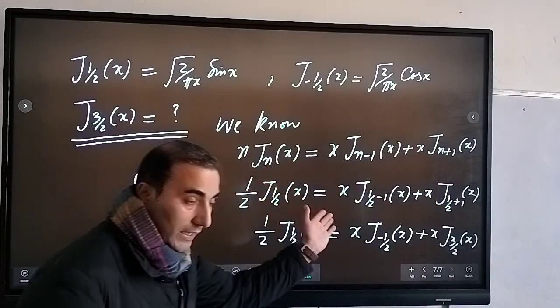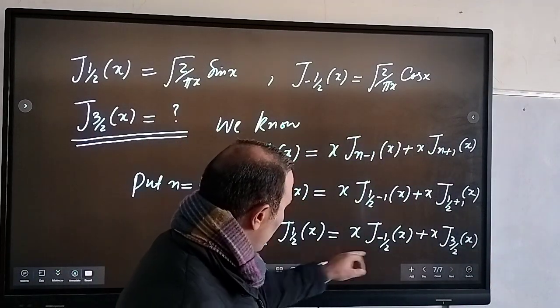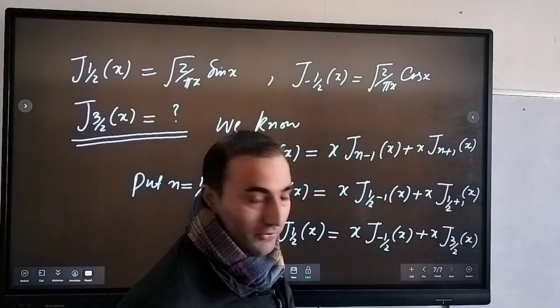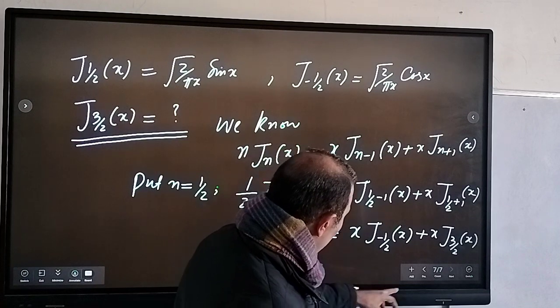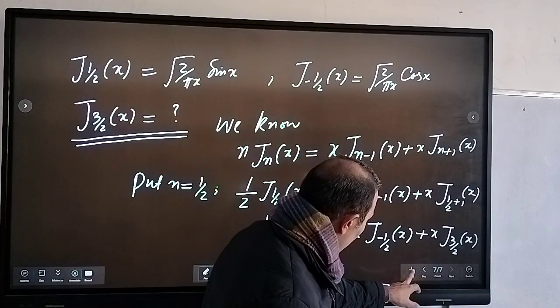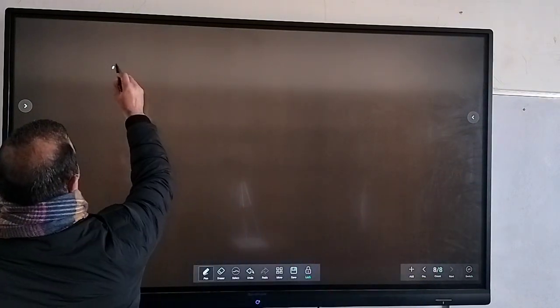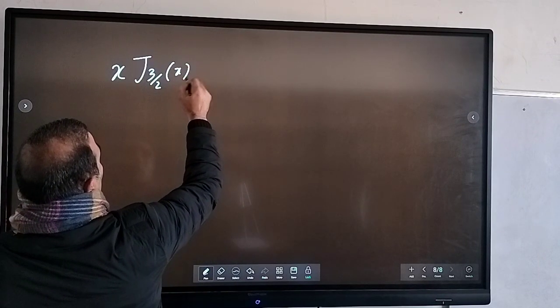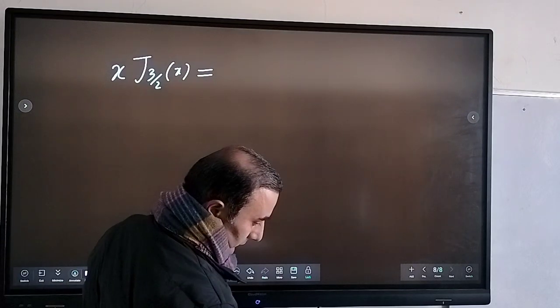Because putting n equal to 1 by 2, you get j 1 by 2, j minus 1 by 2, j 3 by 2, right? Because we know what is j 1 by 2 and j minus 1 by 2, right? So we can write what our j 3 by 2 is. So from here we can write that j 3 by 2 will be equal to,